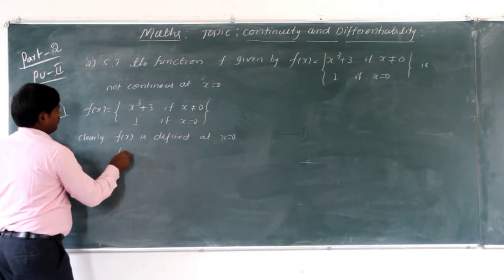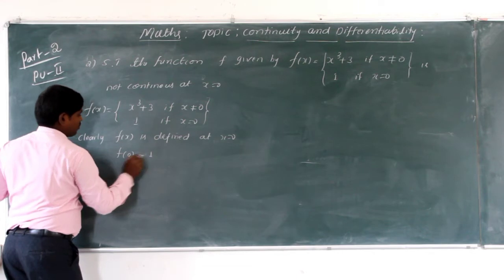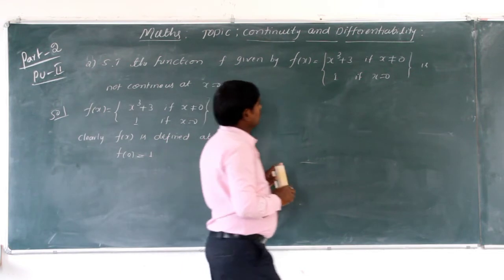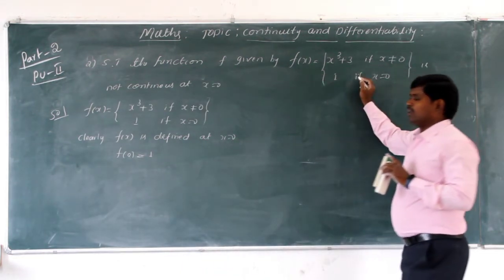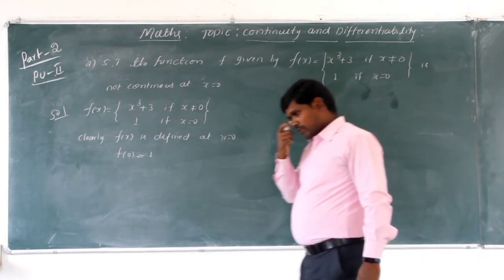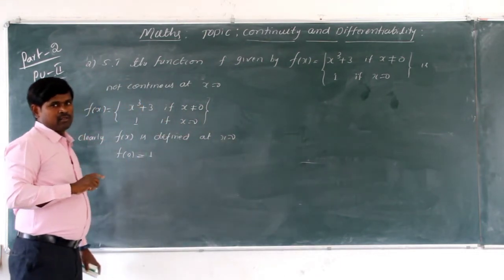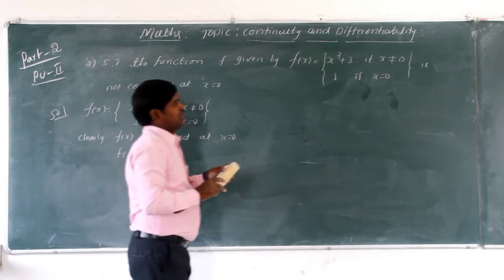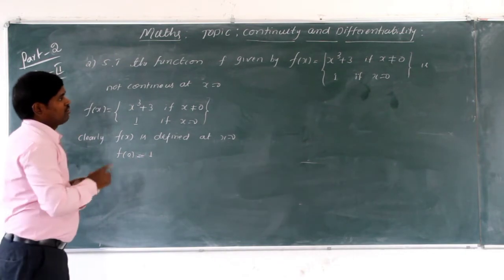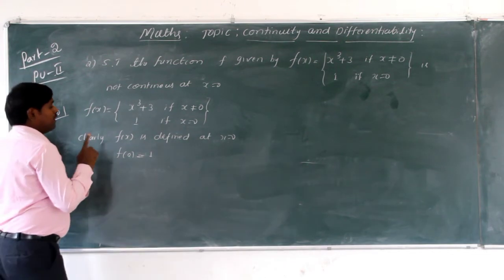Okay, so that is f of 0 is equal to what? F of 0 is equal to 1. Okay, so tell me whether we use the left hand limit, right hand limit concept, or the limit of the function equal to the value of the function. Here there is no need to use left hand limit and right hand limit, because the function is not splitting. So in this case it is not essential. Therefore, first we need to find the limit of the function.